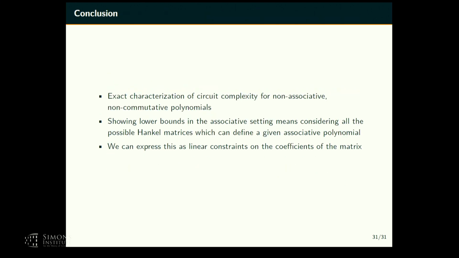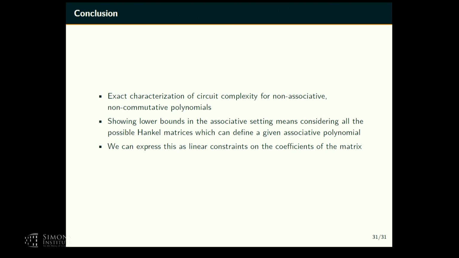This I will skip too. So I just want to get to this conclusion. So we understand perfectly what happens for non-associative, non-commutative polynomials. So one question could be, can I use this? I want to show lower bounds for the